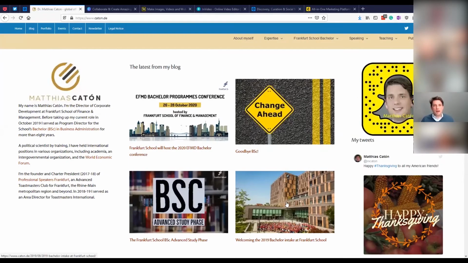And so on and so forth. And then there are additional pages that you can access through the navigation at the top. So about what my work is, my expertise, who I am, about speaking, Toastmasters, and so on. And obviously also in the upper right-hand corner, you see a lot of icons that link to different social media platforms. So this is my website, and this is my central hub.